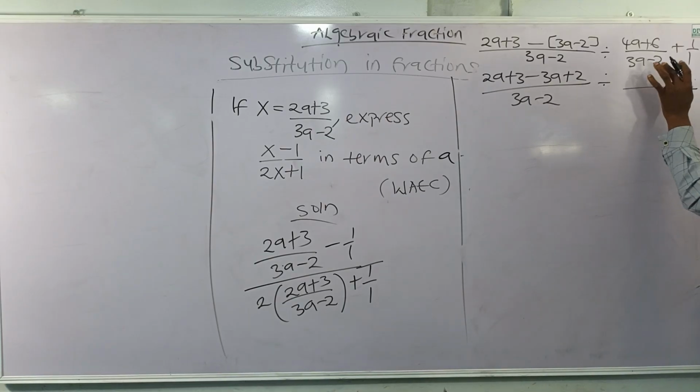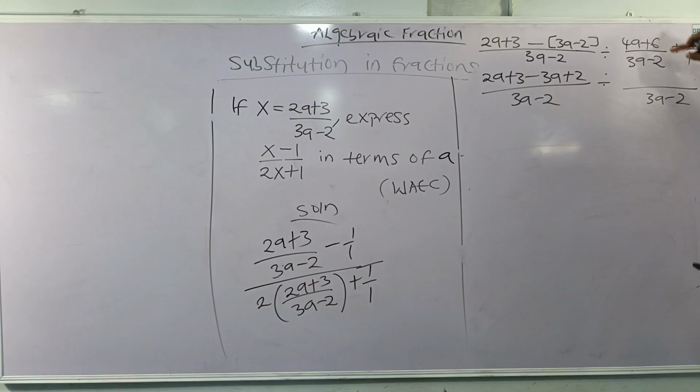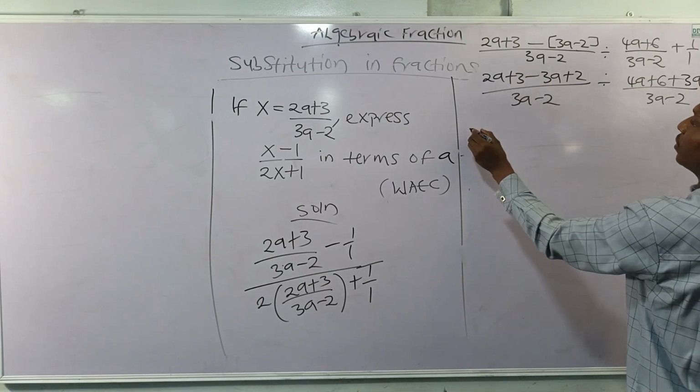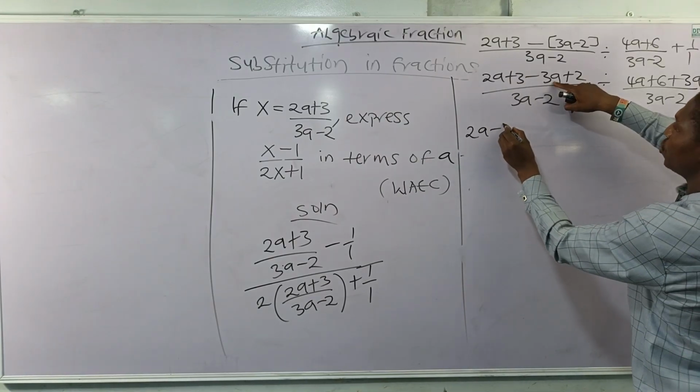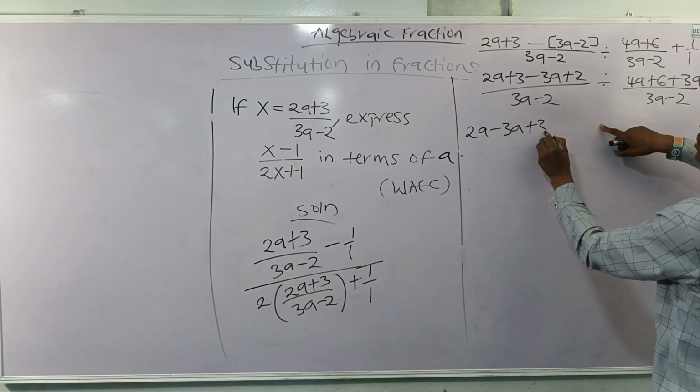Divided by the LCM of 3A minus 2 and 1 will give me 3A minus 2. 3A minus 2 divided by 3A minus 2 will give me 1. 1 times 4A plus 6 will give me 4A plus 6. Put my plus sign. 1 into 3A minus 2 will give me 3A minus 2. And 3A minus 2 times 1 will give me 3A minus 2. Now, I will have 2A minus 3A rearranging, plus 3 plus